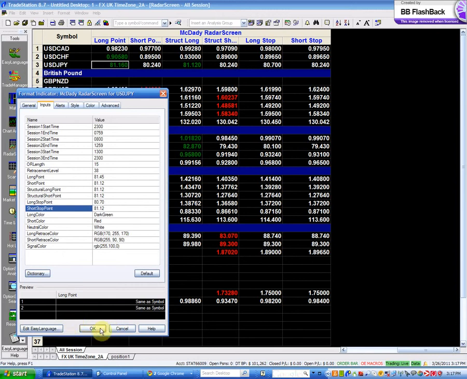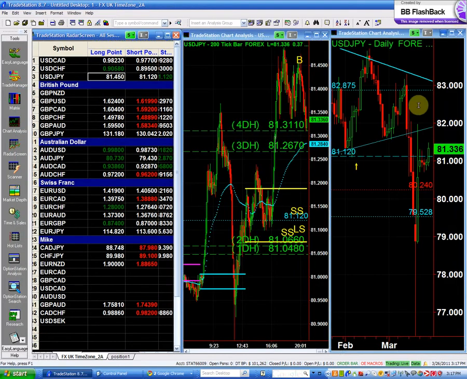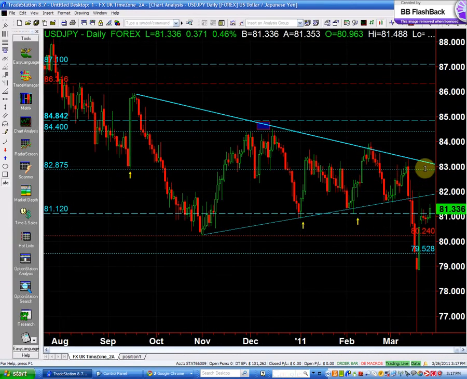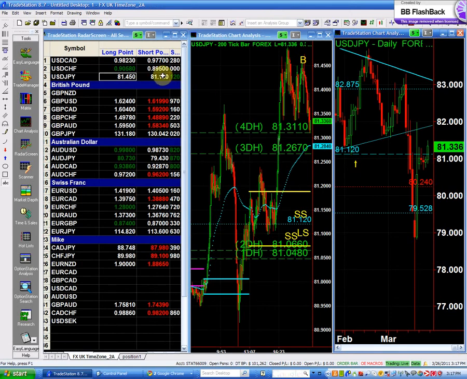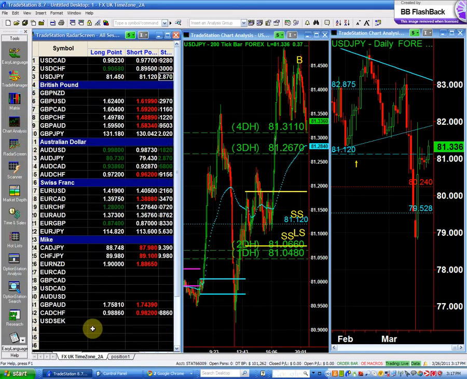Let me see the structure long point, and then I'm going to come and answer Rupert's question. The next structure long point is the 82.87. So if it holds now and it keeps on going, I'm looking for the next structure point as the 82.87. All right. Okay,